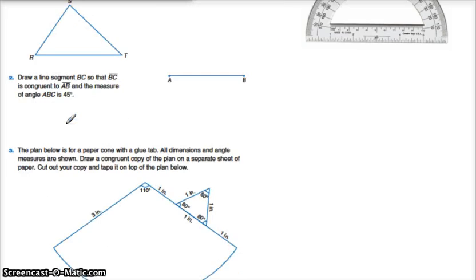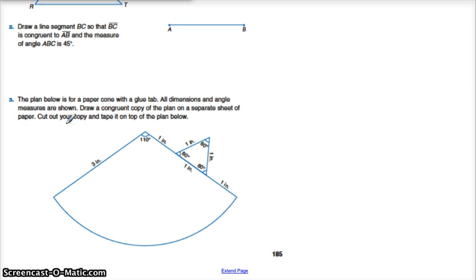Let's scroll down, just a quick preview. Number 3, the plan below is for a paper cone with a glue tab. A paper cone. So this is something that you would get for like a snow cone. Ever seen a snow cone before? All dimensions and angle measures are shown. Draw a congruent copy of the plan on a separate sheet of paper. Cut out your copy and tape it on top of the plan below. So you're actually just going to want to take a piece of loose leaf paper, or you could grab one of the scrap papers back there and trace those lines, and then you're going to cut it out, and then